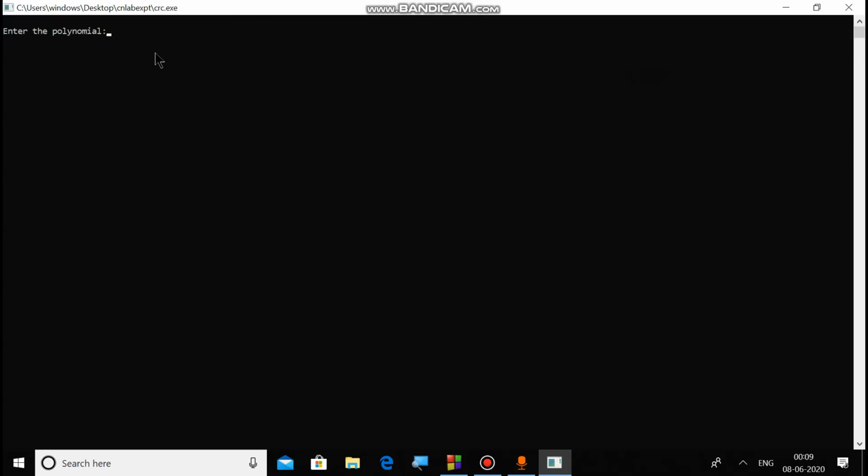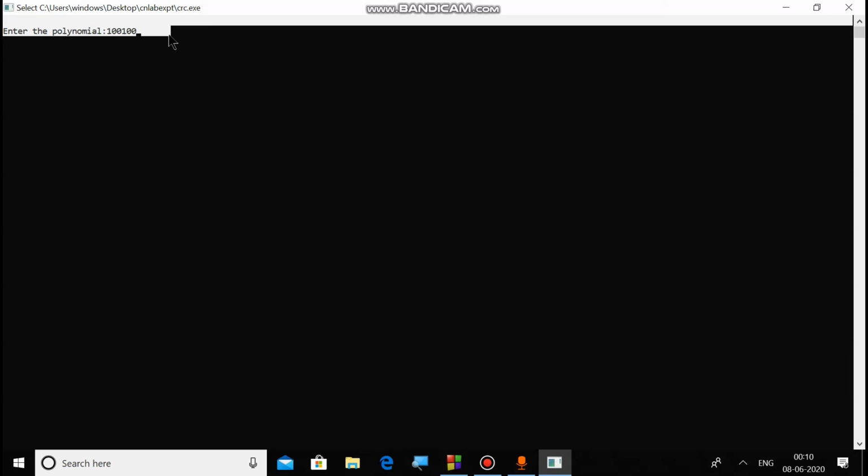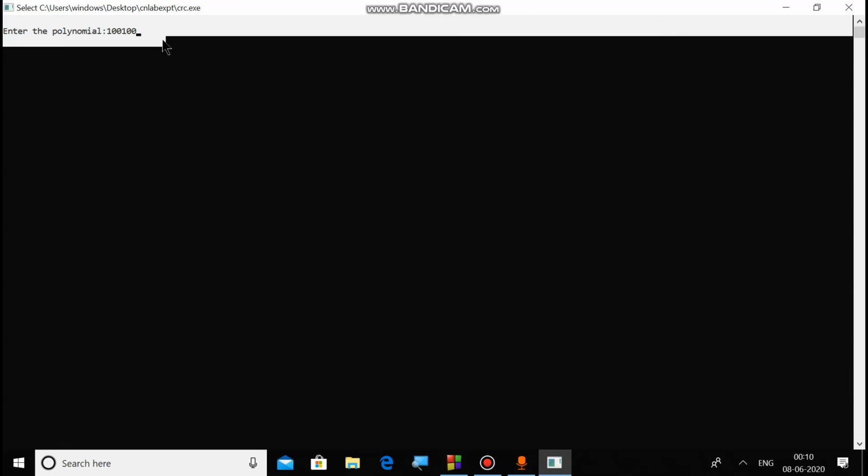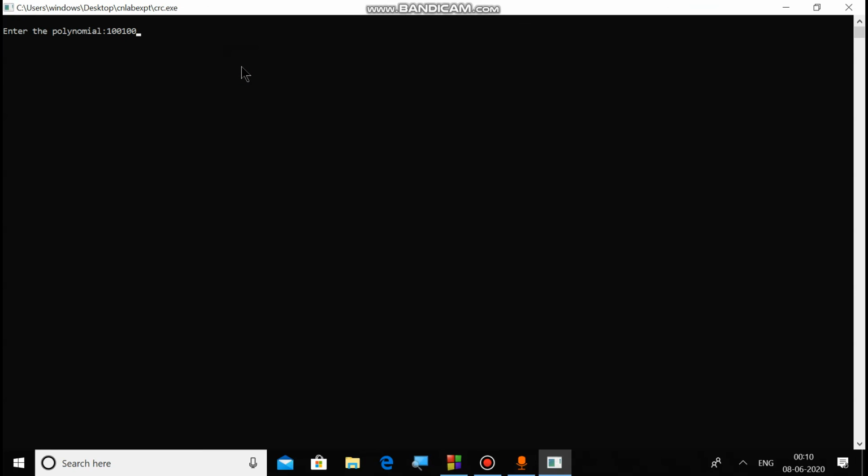Here the polynomial which we have taken as an example for explanation, we'll take that only. 1 double 0 1 double 0 is the polynomial. Now I'll enter this one.